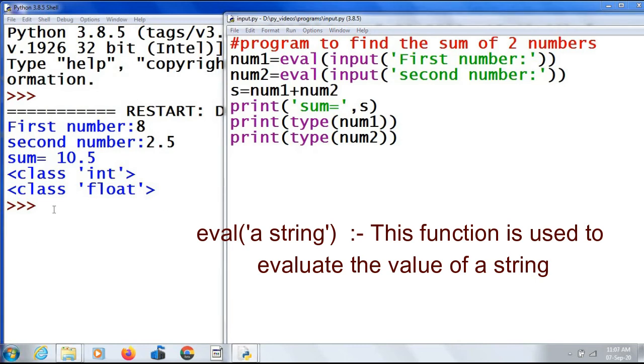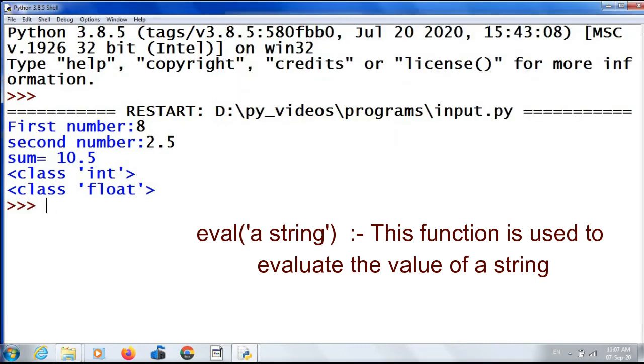We will see some more examples using the eval function. Eval within quotes 4 plus 5. It will evaluate the expression and give the result. But the eval function takes only a string as its argument.